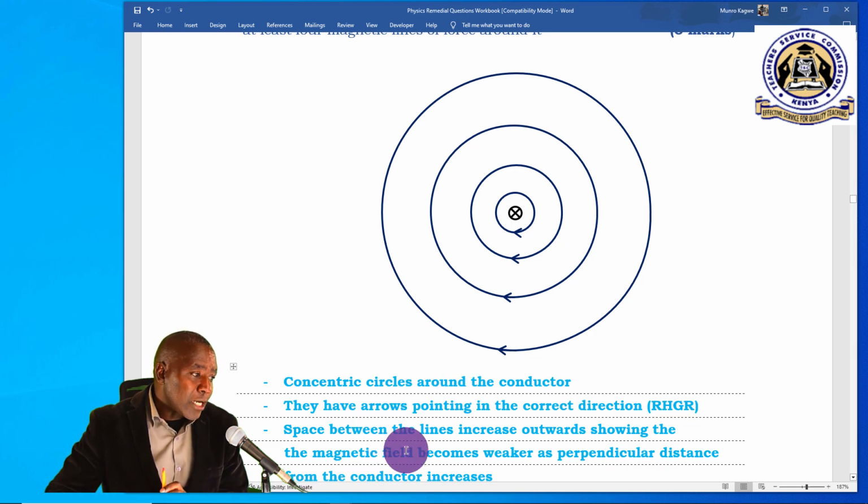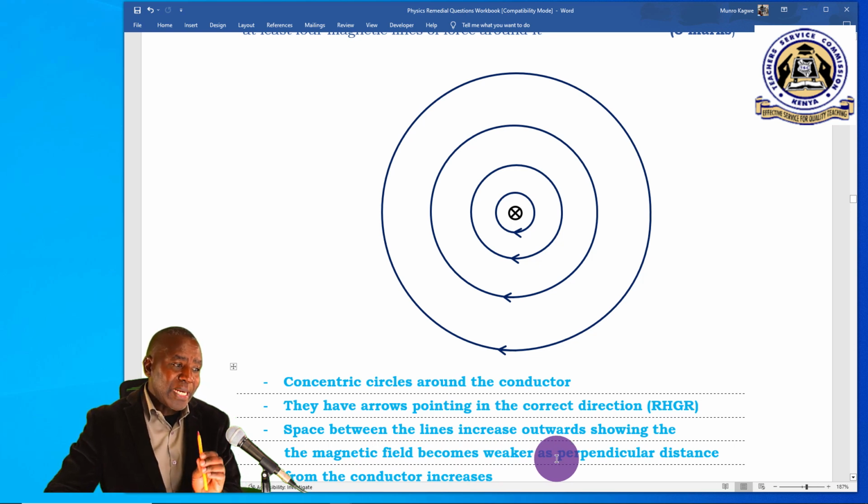They have arrows pointing in the correct direction. Use of the right hand grip rule. That is how you know how to put this arrow. Number 3, the space between the lines increases outwards, showing the magnetic field becomes weaker as the perpendicular distance from